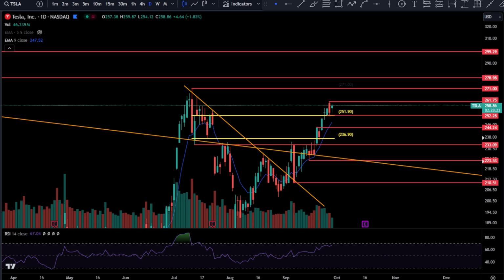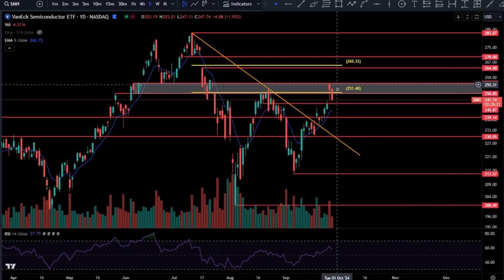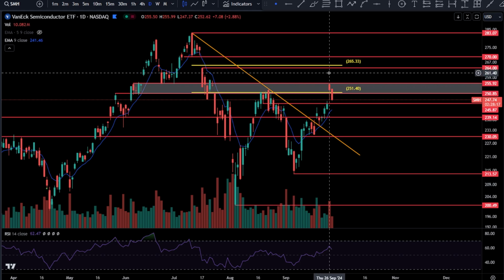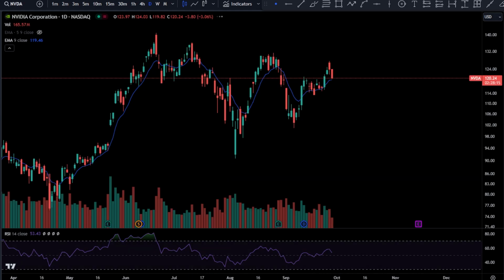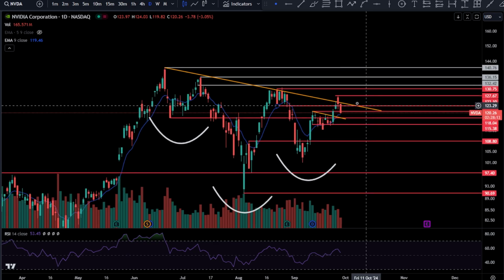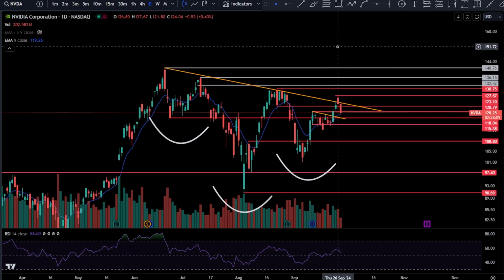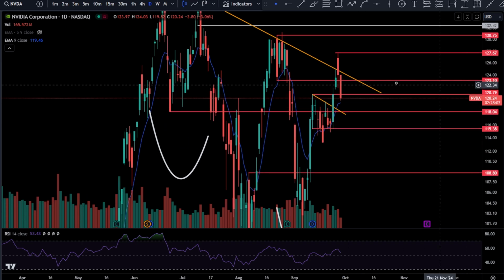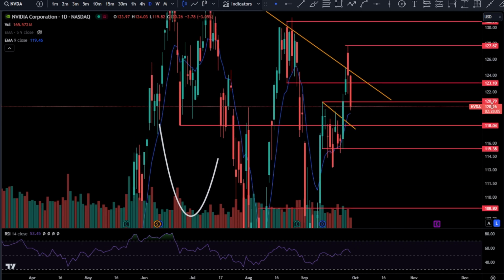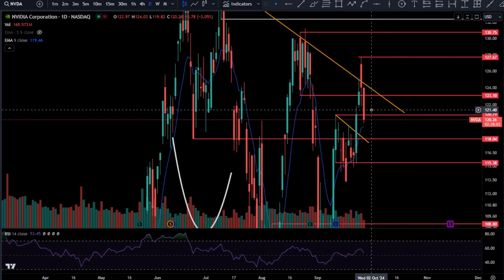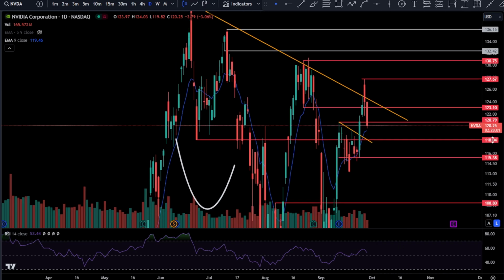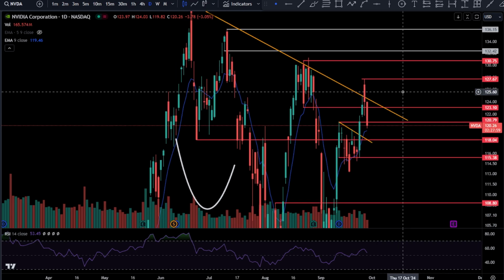Okay. Let's go over the semis real quick. SMH, expect the sellers in the golden pocket as well as your supply. All right, you got confluence going on there. It was no surprise. NVDA, how are we looking? And keep in mind, semis are definitely weaker than everything else today. That is something to know. NVIDIA pulling back in that daily 9 EMA. You also have the 120.79 break and retest. We'll see how the daily candle closes. Ideally, it's a hammer candlestick, but hey, we'll see what happens.